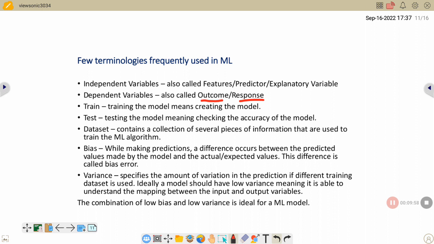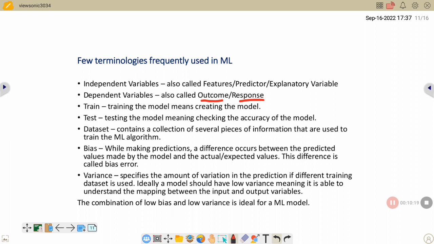And generally we follow a percentage division like 80:20, right? So 80% of the data we will train for the machine, and then we will use 20% of the data for the testing purpose, right? That is, how my ML model is working, whether its accuracy is good or not, that part we will check using the testing data set.